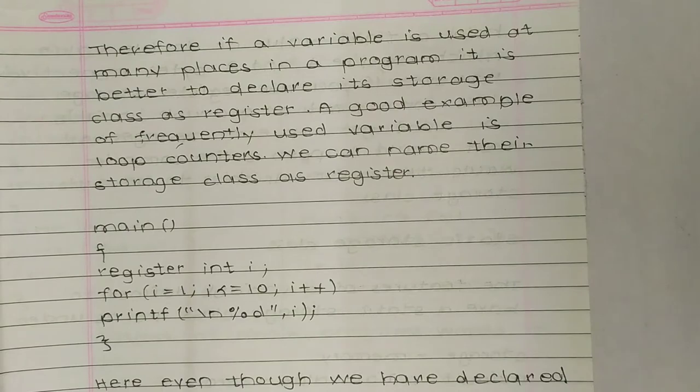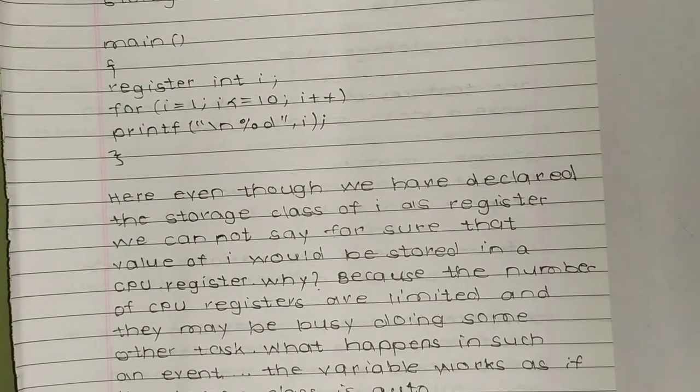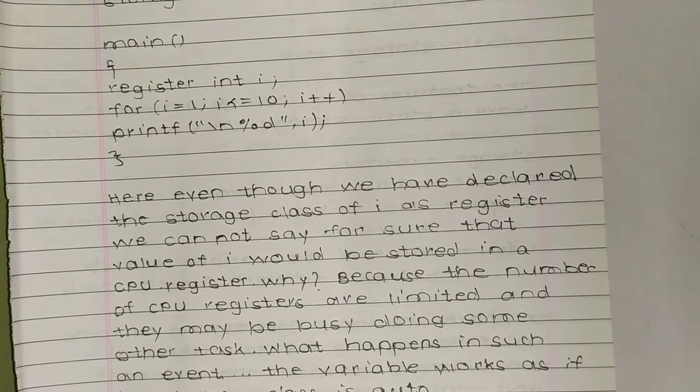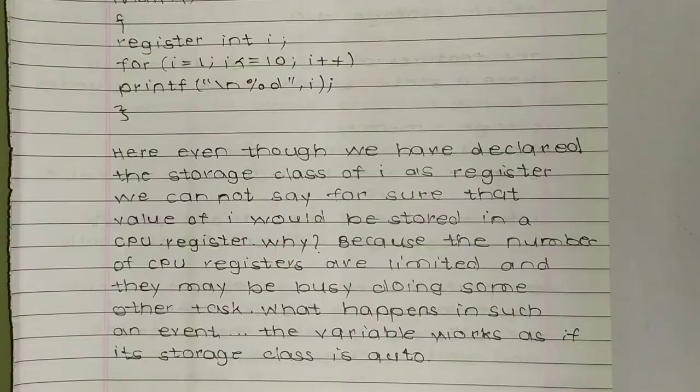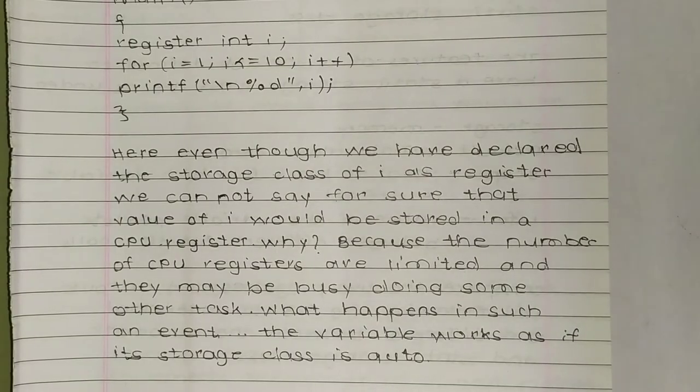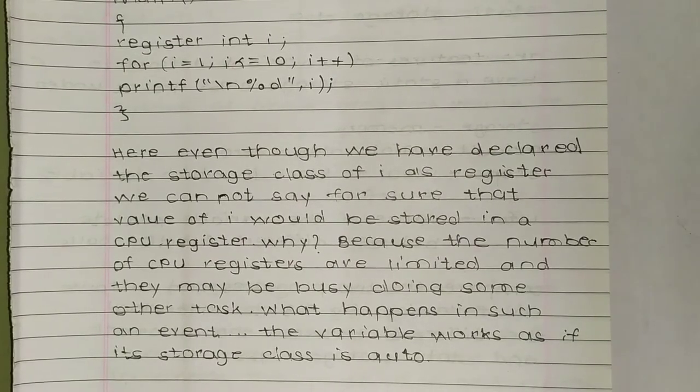Now an example: main, register int i. So this is a sample program. Register int i; for i is equal to 1, i is less than or equal to 10, i plus plus, printf "\n %d", i. %d is used here. Even though we have declared the storage class of i as register integer,